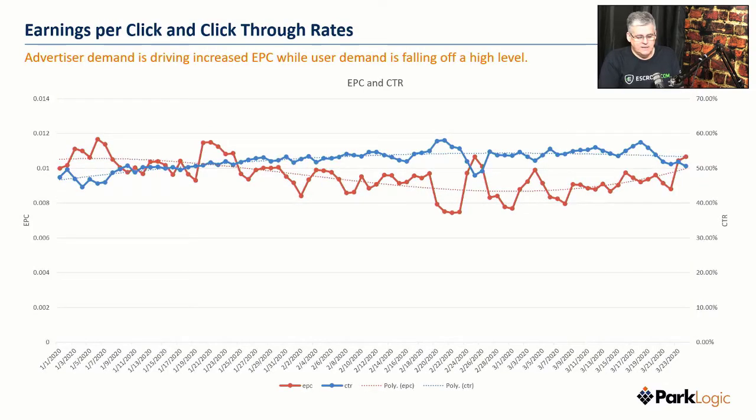So the next thing is, oh, by the way, just before we look at this next chart, we did some analysis. My business partner, David Gibbs, did some analysis on what keywords and categories are really starting to rapidly increase. The number one category was unemployment, which is not surprising.